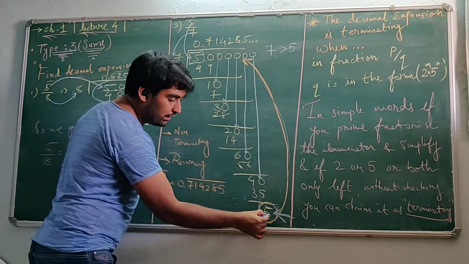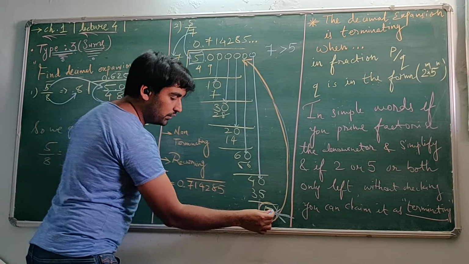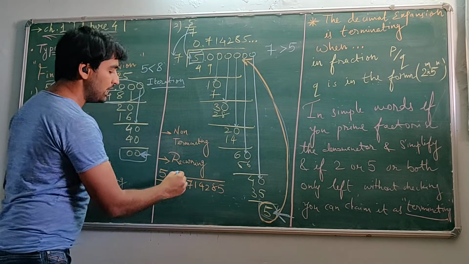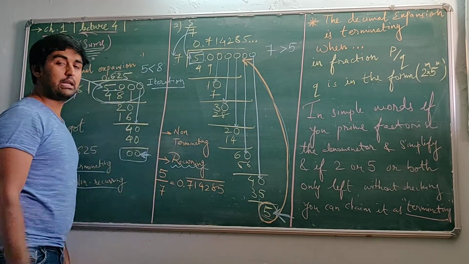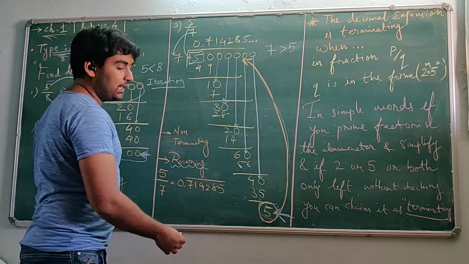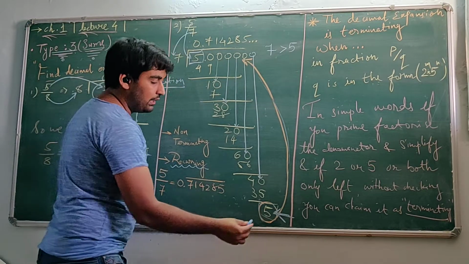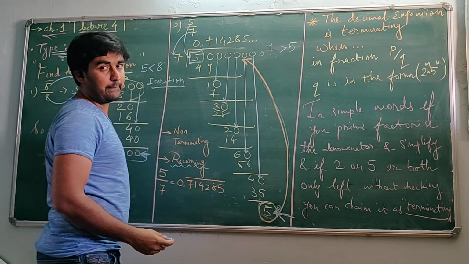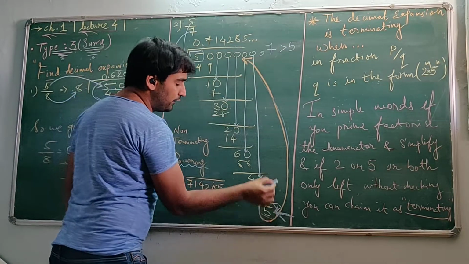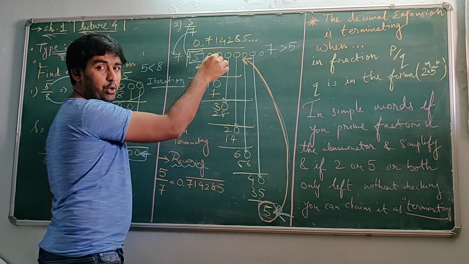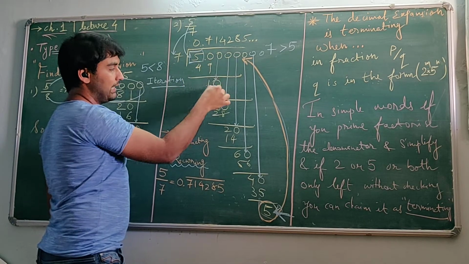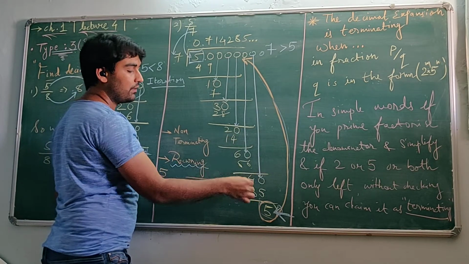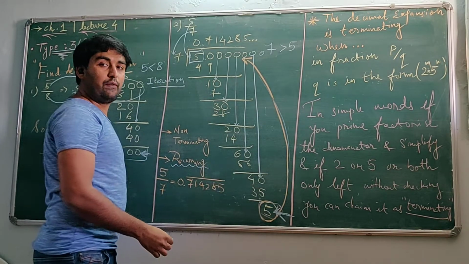So when you reach the number with which you have started, it means that this number is going to be a recurring number. Why is it so? Think about what would be the next step. One more 0 would be given over here, and we will make it 50. That 50 will start the process from here again: 49, then 10, then 7, and 30, 28, 20, 14, 60, 56, 40, 35. Again we will reach 5.